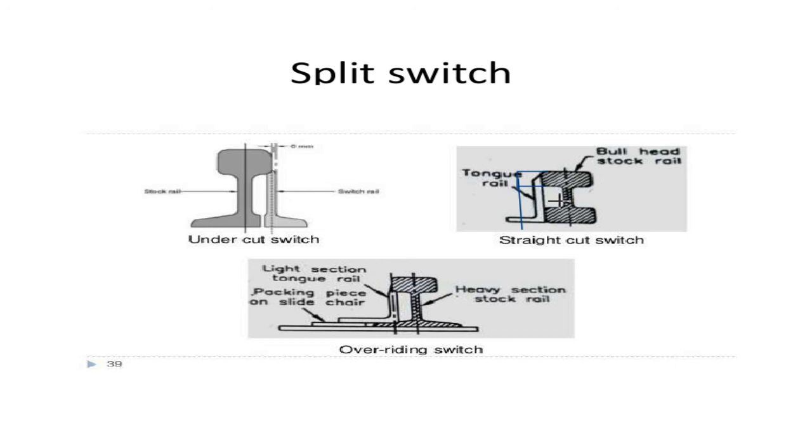Now the tongue rail is kept straight, or it is cut straight in line with the stock rail. Exact 90 degree you can see over here. Exact 90 degree along with this. So it is known as a straight cut switch. So in Indian Railways, the type of switch what we use is the split type of switch. Stub switches are no longer in use because of the problems like wear and tear, or it is not that much adaptable because the main rail itself is being shifted. So once the idea of tongue rail came, that is tapered rail came, then completely everywhere we started using split switches.